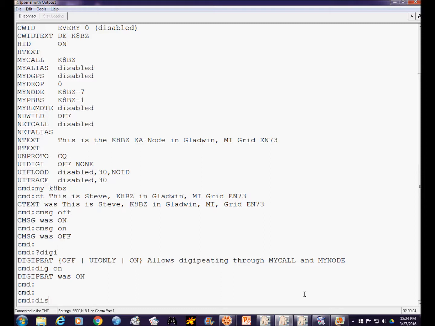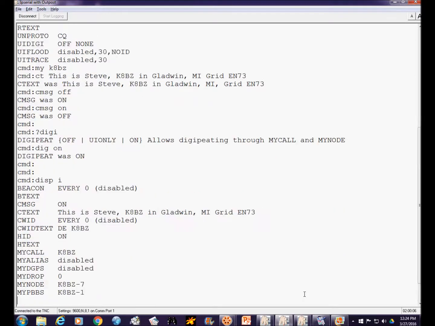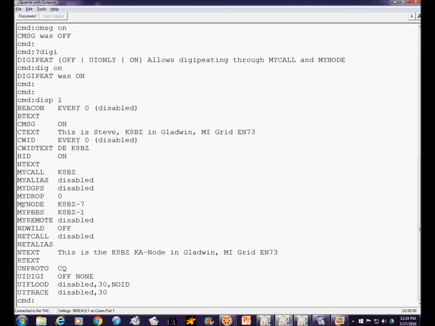But for a node, we're going to go back and display the identification parameters. You need to set your node call sign. Your node call sign is set with the mynode command. Customarily, your node call sign is your primary station call sign with the supplemental station identifier of -7. SSIDs are just numbers put on the end of your call sign, separated from your call sign with a dash,